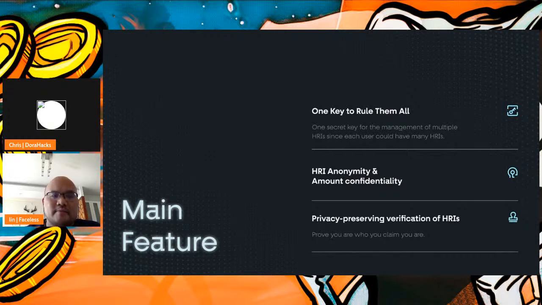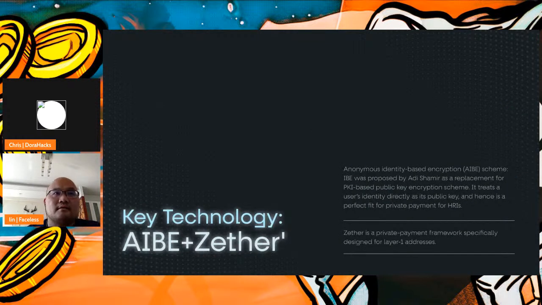So the second issue is about the privacy of payment, right? So, two issues. The first one is about HI anonymity. The second one is about the transaction amount confidentiality, right? The third issue is that since our central application will be regulation compliant finance, right? So obviously you need to verify those HIs, right? But since we are a privacy protocol, how do you guarantee the privacy of this process is also an issue we need to address. So the key underlying technology mainly involves 2 schemes: anonymous identity-based encryption and Zephyr, a modified version of the Zephyr protocol.